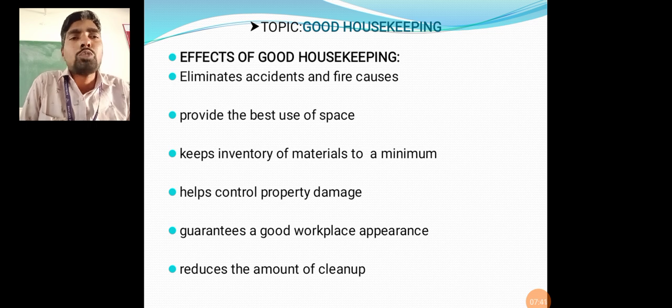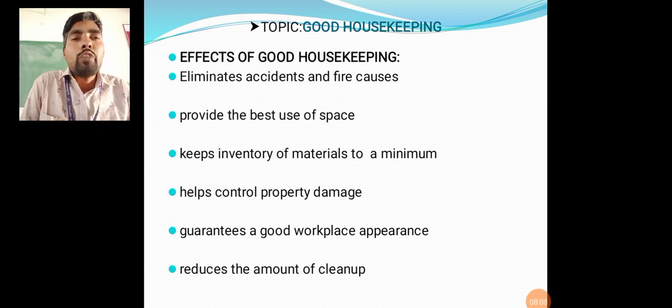Provide the best use of space. As we said at the starting time, a place for everything. When we maintain that area properly, neat and orderly, and remove the waste materials, more space is available. If a room has waste materials, semi waste materials and good materials, we can't keep the new materials.